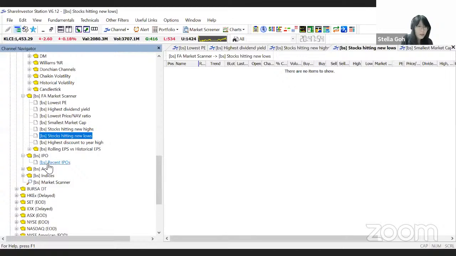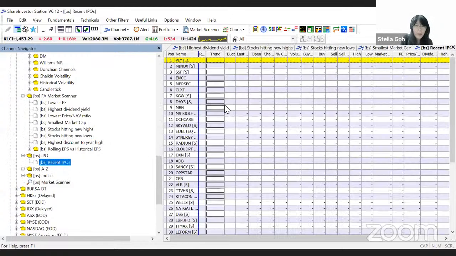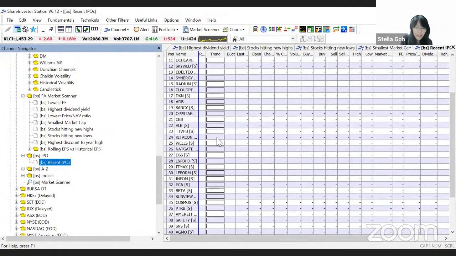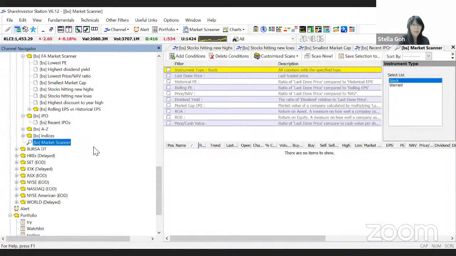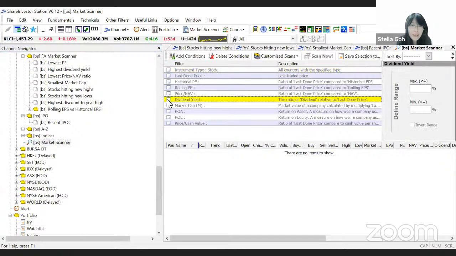So for the IPO, you can see all the recent IPO stocks from here. Now let us look into the market scanner together. So this is the function of the market scanner. First of all, you need to key in the details that you are looking for. For example, you want a high dividend yield, you can